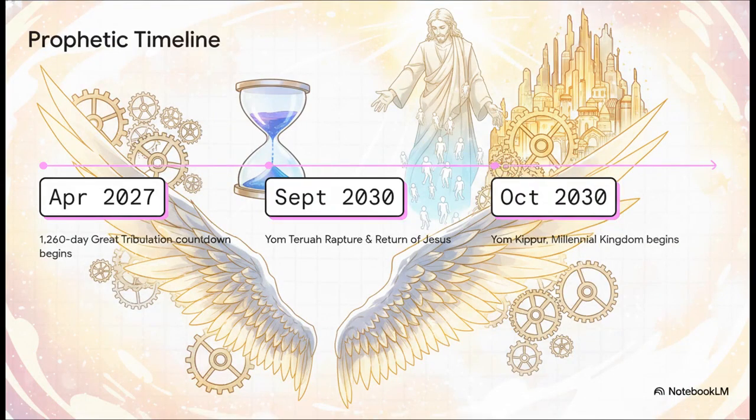To start off, the author maps out these major chronological anchors, establishing a very precise mathematical formula for the end times. According to the source, a prophetic clock that was essentially paused back in the 1st century is about to resume. This timeline kicks off a final 1,260-day countdown on April 27, 2027. It culminates in a rapture event on September 27 to 28, 2030, and then wraps up exactly 10 days later on October 7, 2030. It's an exact mathematically derived framework that literally anchors every single one of the author's remaining claims.